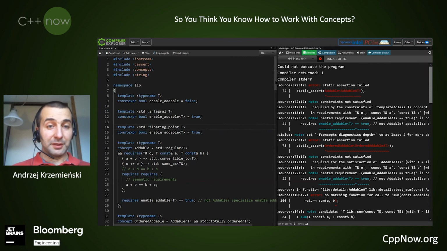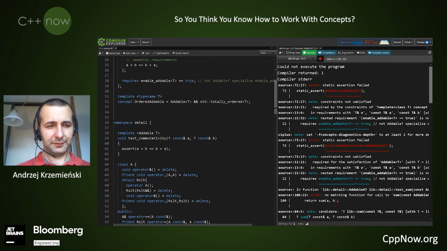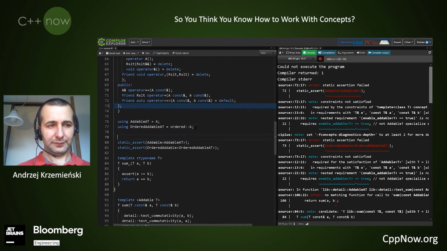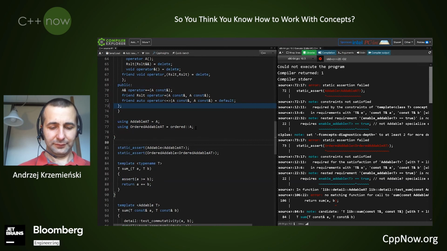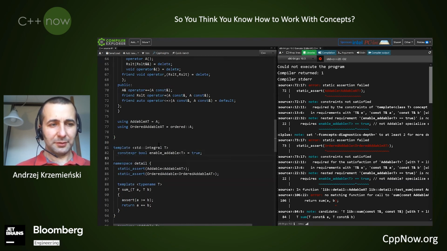We have to enable this for our archetypes for sure. But we have to change namespaces, because we have to specialize in the same namespace. And now this is going to be full specializations.